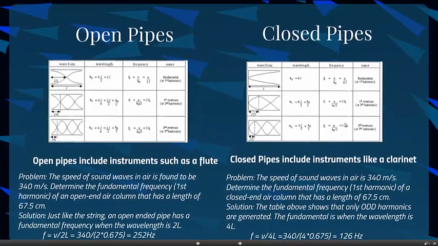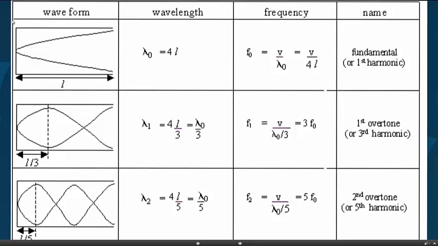For a closed pipe, this is a bit different. One end is closed and the other end is open. An example of this might be a clarinet. And you can see if you try and figure out how many wavelengths are in there, you've got to go 1, 2, 3, 4. It's going to be 4 lots of the length to make one wavelength. So that means this length is a quarter of the wavelength. So our fundamental frequency is v over 4L. That's our fundamental. And then we look at our second harmonic,